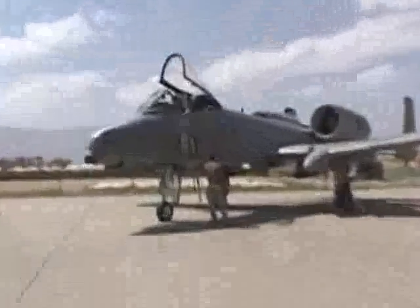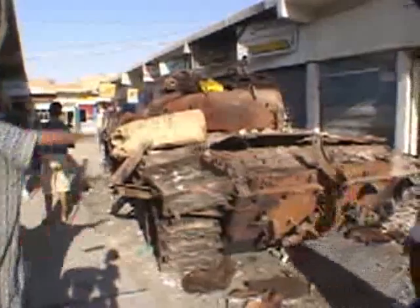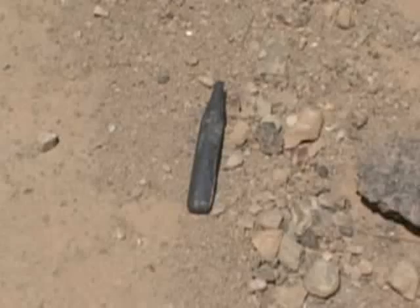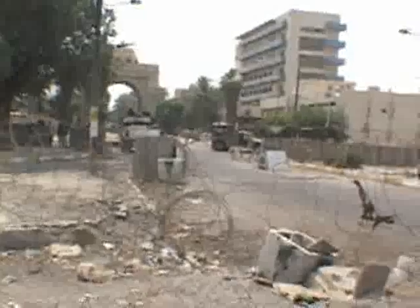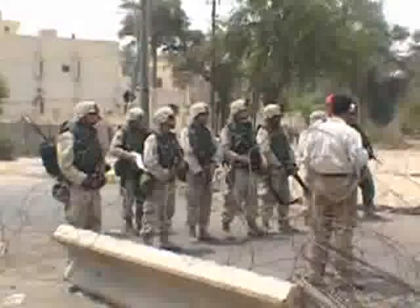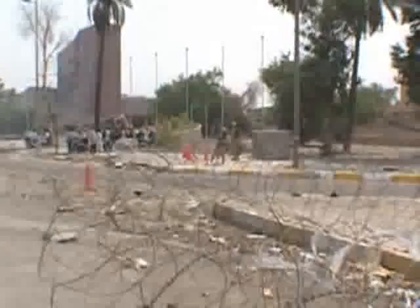American planes, A-10 Warthog planes that used DU rounds, the 30-millimeter DU rounds, fired at targets in cities. These particular rounds were found inside the compound of one of Saddam Hussein's palaces in Baghdad. This compound is now guarded by American soldiers who are totally unaware of the contamination. Ironically, this particular palace was